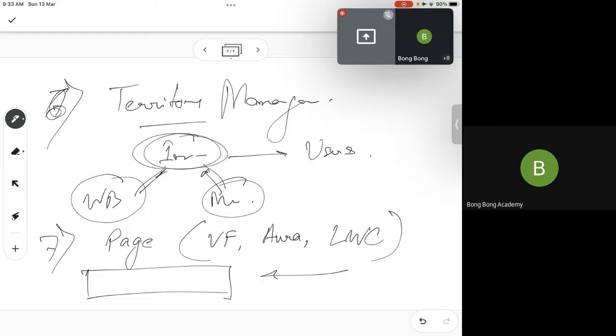And the 8th mechanism we have already discussed, that is view all, modify all. That's it. So these are all the 8 mechanisms in which you can share your records. Clear? Any questions? Let's jump into the application and see this.